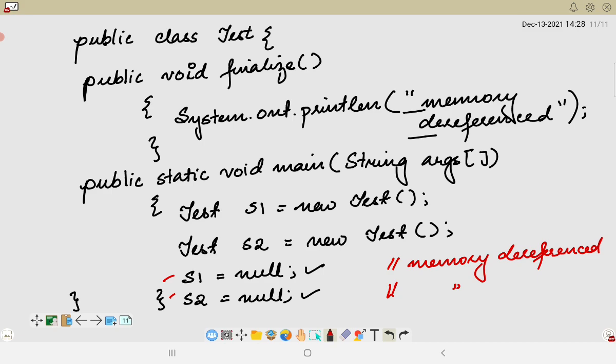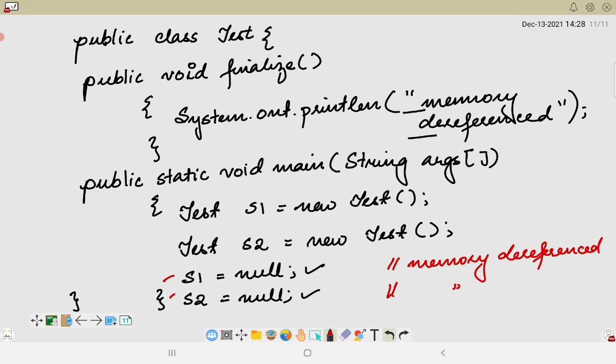However, again I would like to mention that neither finalization nor garbage collection is guaranteed, even if we are using the finalize method or the GC method. So this is all about garbage collection that we generally have in Java.